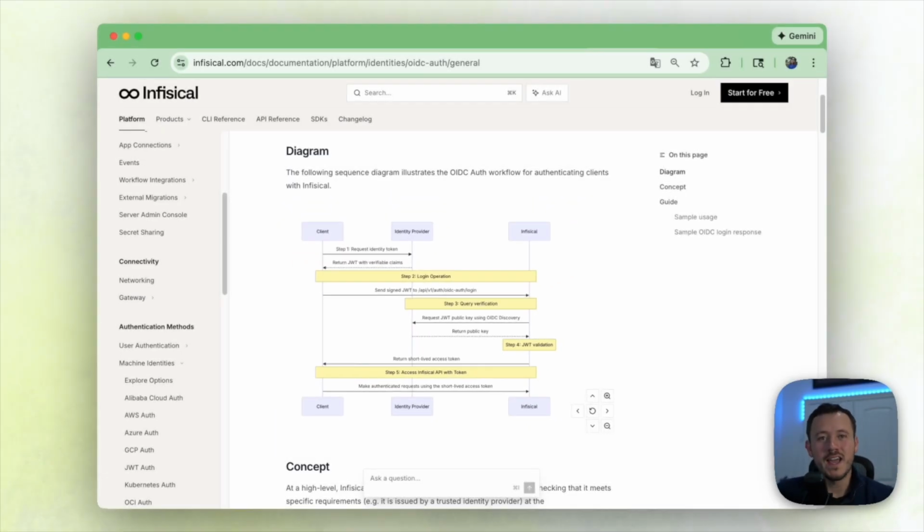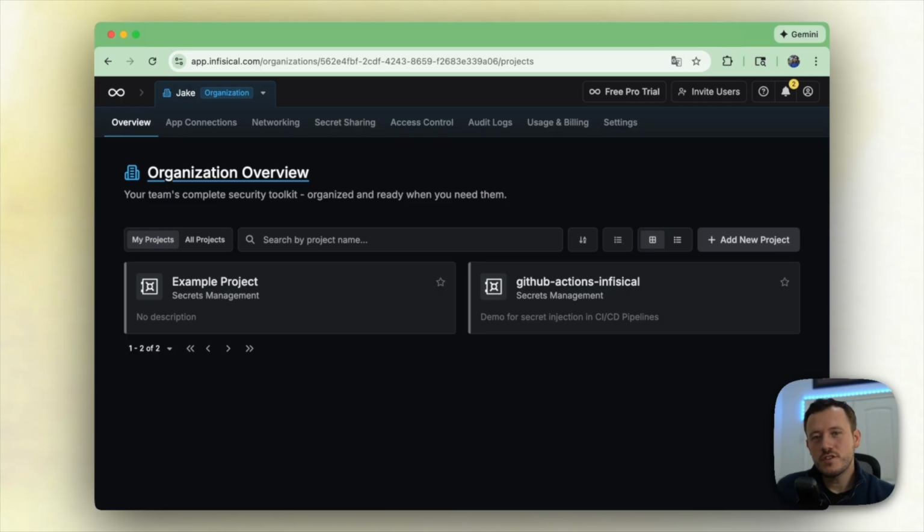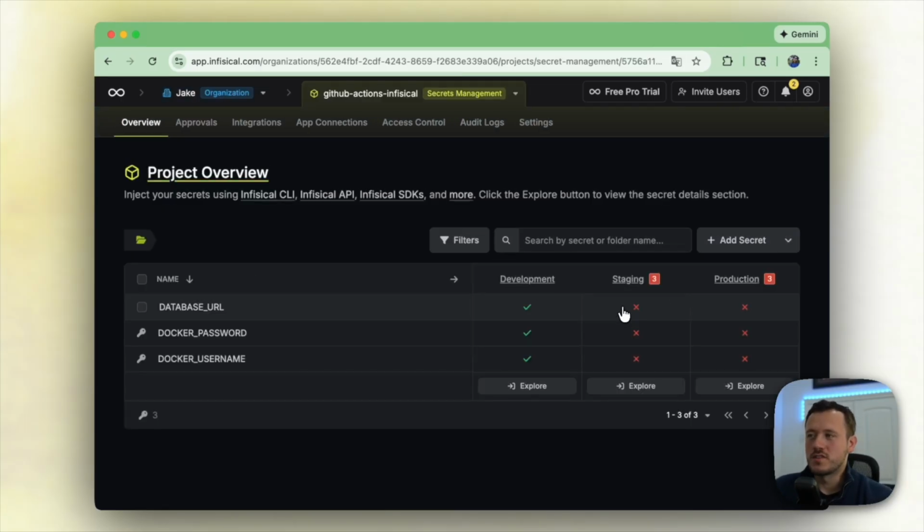Now that we've covered the why, let's walk through how to set this up in Infisical. First, inside Infisical, I'm going to open up a project. This is where our secrets are going to live. Within that project, I have a dev environment, and I've added a realistic set of secrets that a CI pipeline would actually need. Docker registry credentials. In this case, that's a Docker username and Docker password, which we'll use to authenticate and push an image as